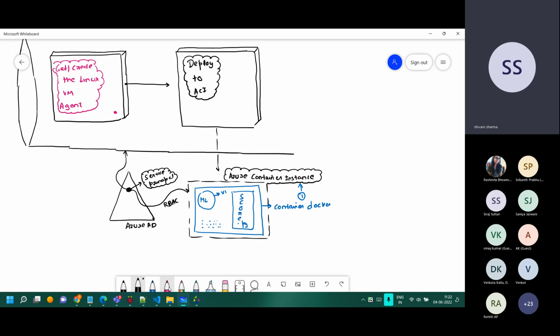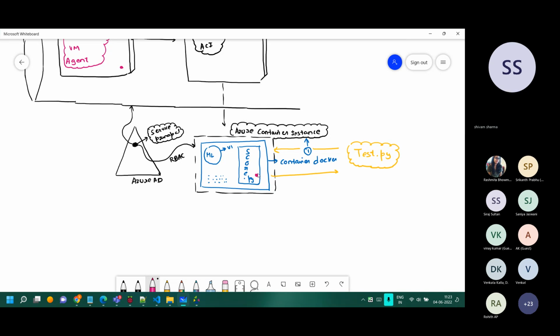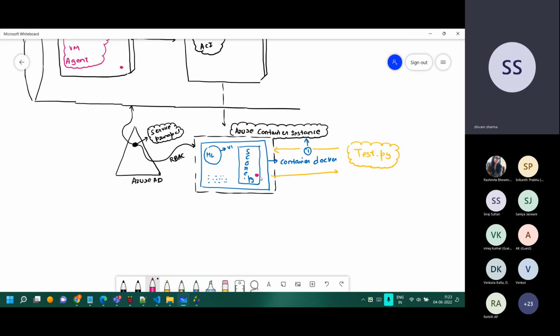Okay, but that doesn't solve the problem. Now after this, we have to test it out. So we'll be doing some API calls, and imagine this is the test.py. This is some job which is running, doing the API calls, and we are doing the testing. Now we want to see whether it's running fine or not. We have to soon run this in production also. We won't be changing the configuration. Whatever we are testing will be deployed over there.